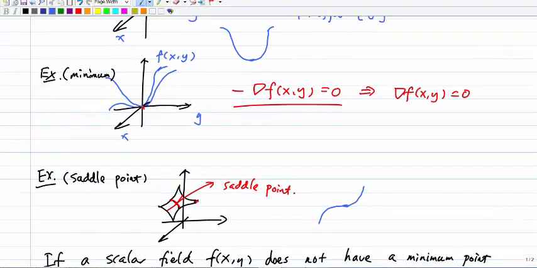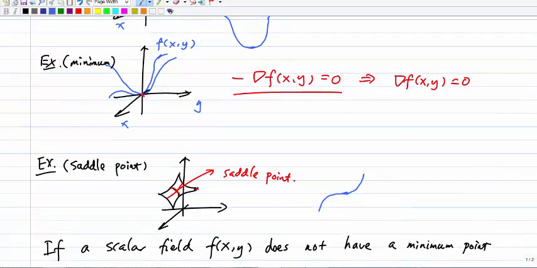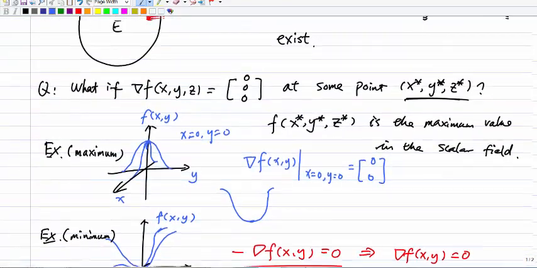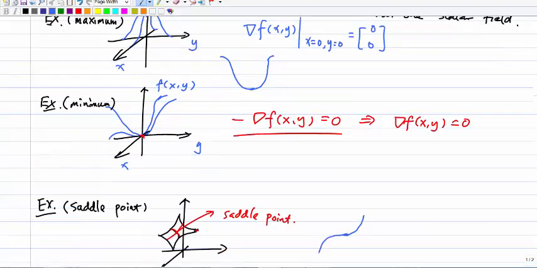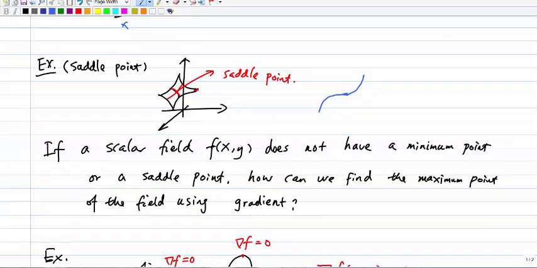They all give you the zero gradient. You can also say, if it's zero gradient, that also means it's zero negative gradient, right? Because you put a negative sign, it will still be zero. All right. So my next question is, if a scalar field f(x, y), or you can also say f(x, y, z), does